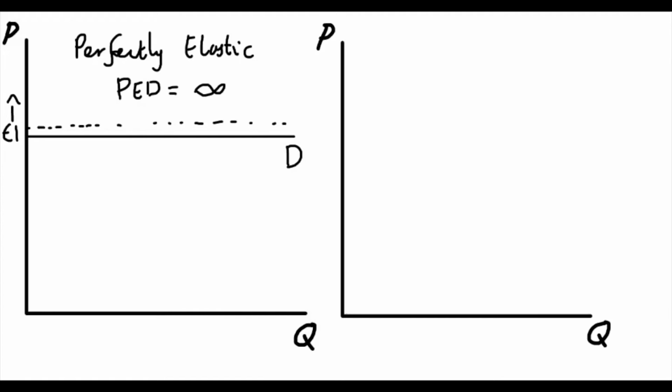The second extreme that we're going to look at is perfectly inelastic demand, so the opposite extreme. So when products tend to be inelastic, what they are is quite steep in terms of their demand curve, and when they're perfectly inelastic, they have a vertical demand curve as shown here. So this is again perfectly, but in this case the perfectly refers to inelastic demand.